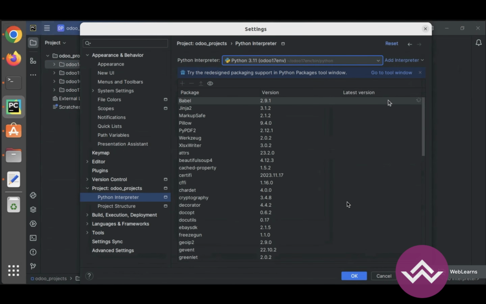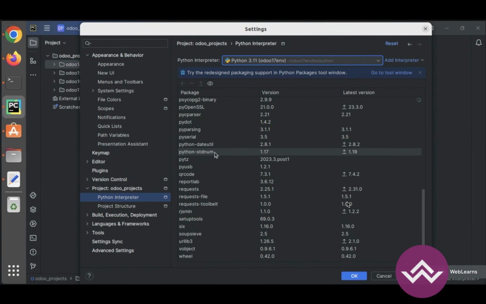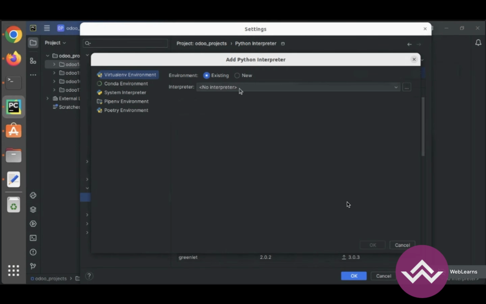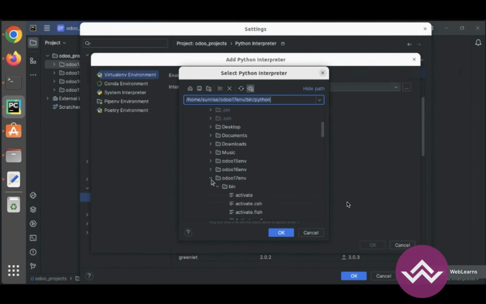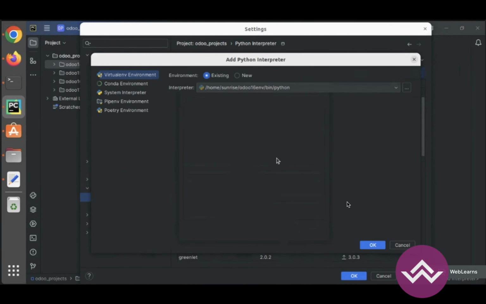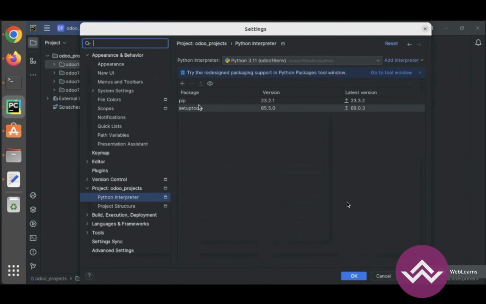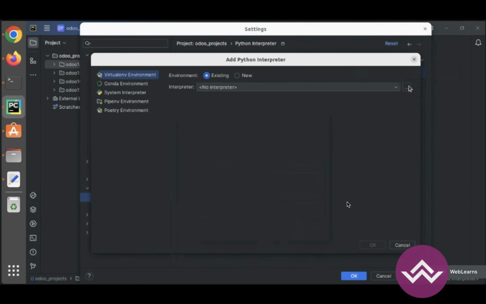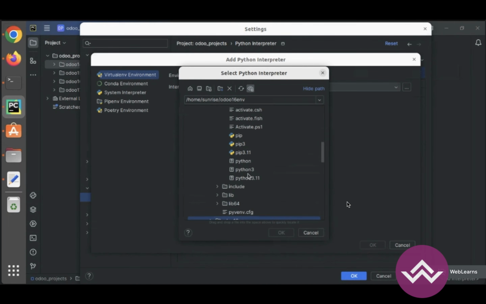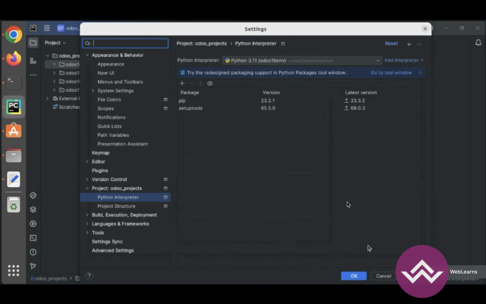Okay, right, and you can see the packages are also available, right? Another thing is you can also add the 16 bin Python. You can see only pip and setuptools are available, right? Don't worry about this one. In existing, right, bin Python, you can see only two, right? Save,